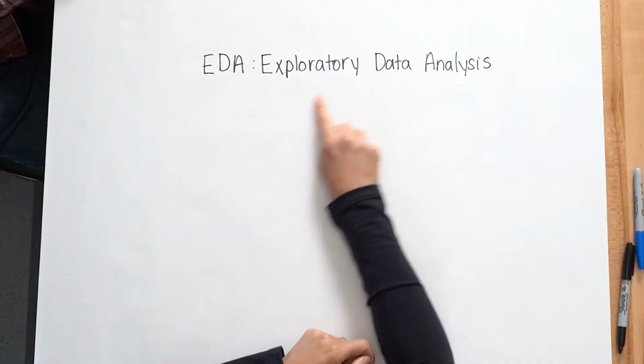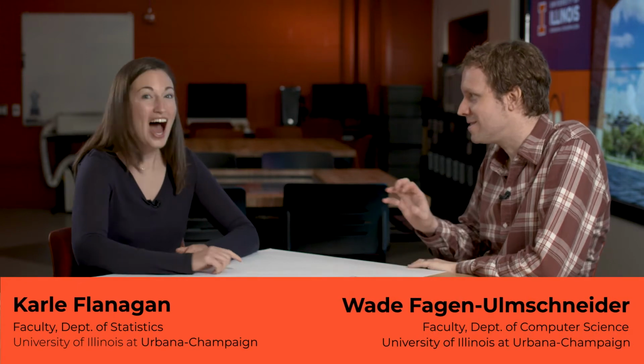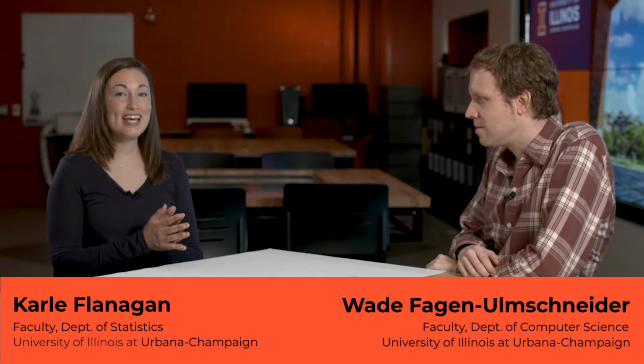What's EDA? EDA actually stands for Exploratory Data Analysis. This is the single most important thing about data science I think we're going to cover in the entire series. I completely agree. Exploratory data analysis is a technique that data scientists use when they first get a data set to dive into it and see what exactly they're working with.